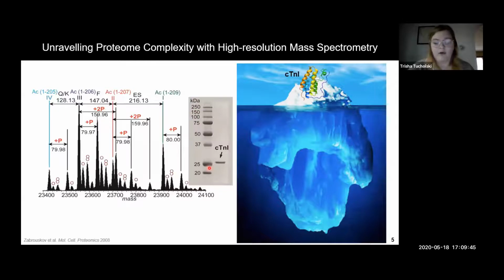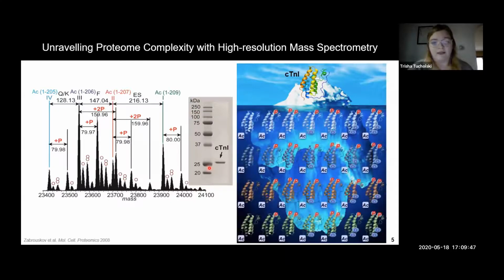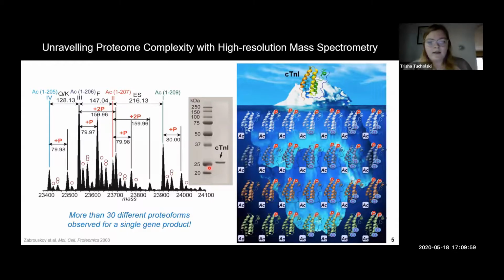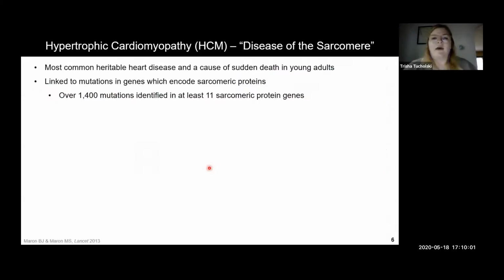There's actually over 30 different proteoforms that arise just from this protein. It seems like there's just one, but actually we can really start to unravel the complexity that we would see here just from one band in a gel. So this gives you an example of how we can use this technology to really dive into